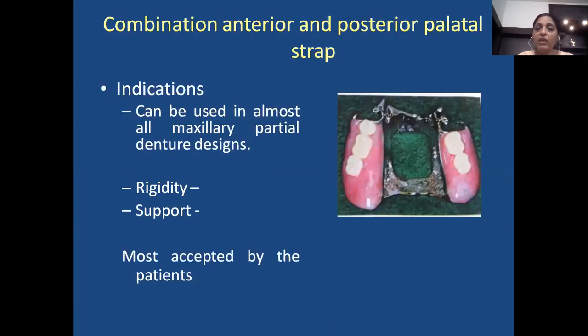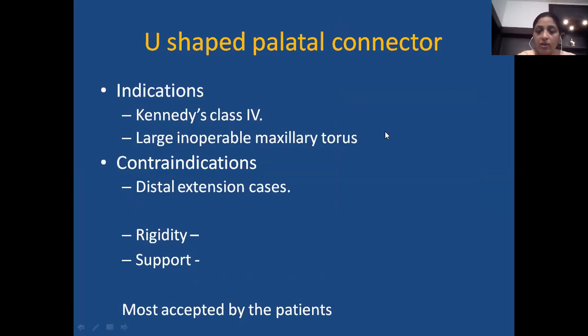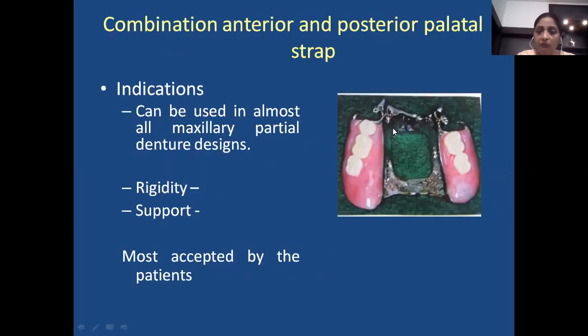Now next is the combination of anterior and posterior palatal strap. This is the anterior palatal strap and this is the posterior palatal strap, and the anterior palatal strap and posterior palatal strap are connected by two vertical straps again. So this is also known as a closed horseshoe shaped major connector, and because of this design it provides